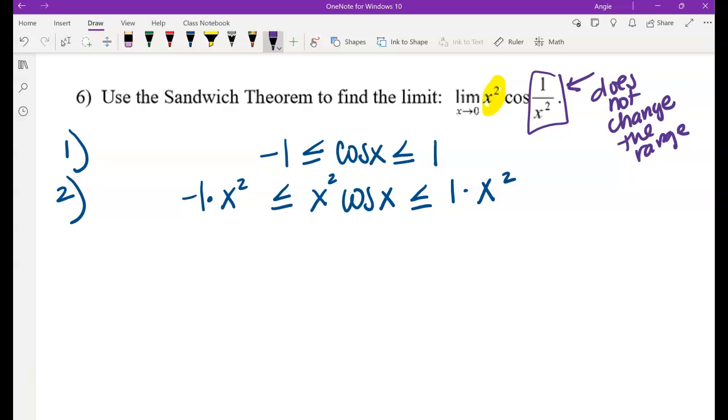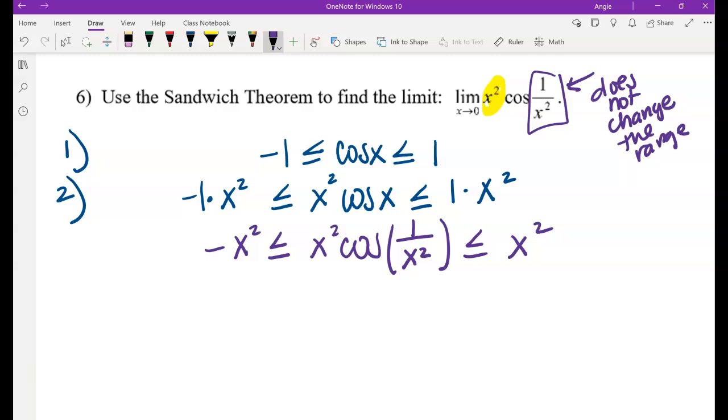So this one is going to say -x squared less than or equal to x squared times cosine, and then we put that piece back here, and then less than or equal to x squared. And then step number 3 says we need to find the limits of the left and right,